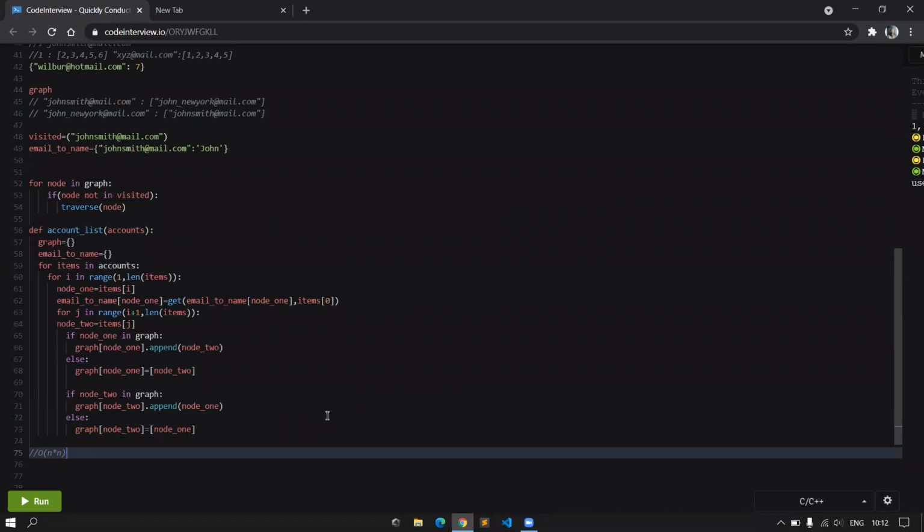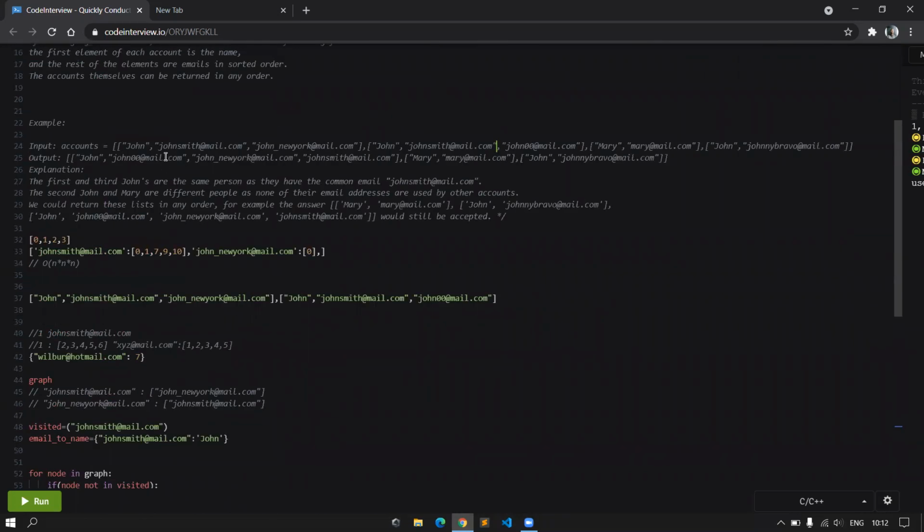Why do you think you need that? Yeah, so let's say we had some more email IDs inside this list. How do I map this John Smith to that particular email ID?